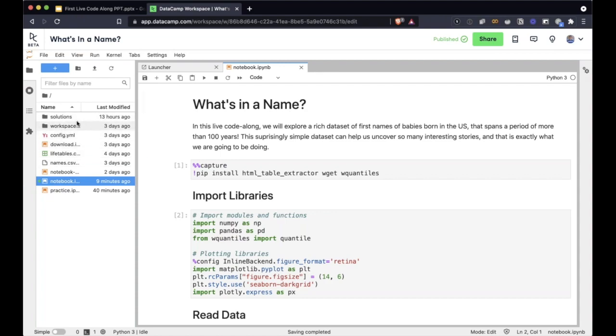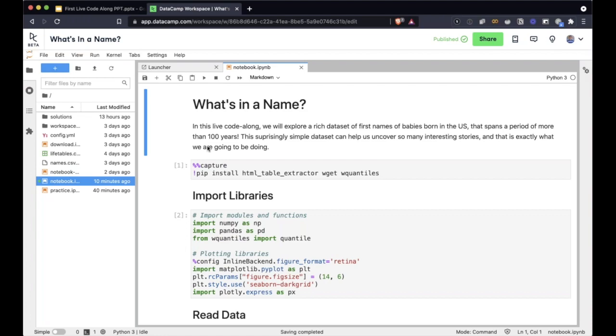On the left-hand side, you will be able to see all the files. And the file that we'll be using for this code along is called notebook.ipynb, and it should be the default that opens up for you. On the right-hand side, you see the notebook. And essentially, each of these blocks are called cells in JupyterLab, and I will show you as we go along how to use these cells.